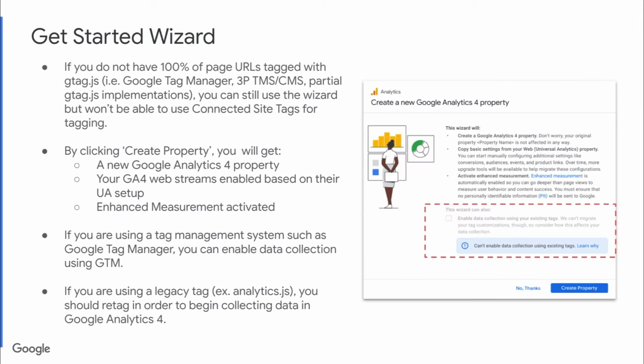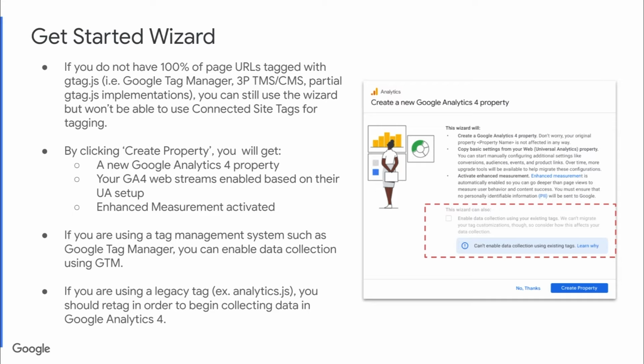Once you go ahead and click that button, you'll see a pop-up screen that comes up with information about the wizard. Quick note that if you do not have 100% of your page URLs tagged with gtag.js, so for example, if you're using Google Tag Manager or third-party TMS or even partial gtag.js implementations, you can still use this wizard, but you won't be able to use connected site tags for tagging. But here we're going to go ahead and continue to use this wizard so that we can create a new